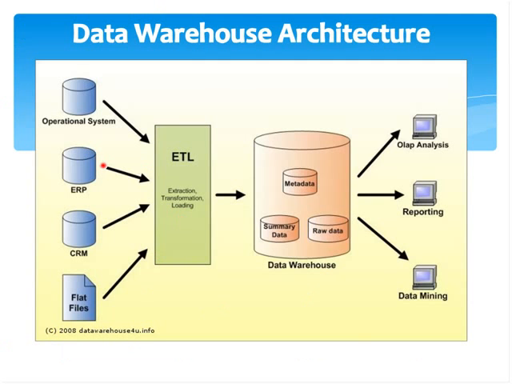So in this screenshot, you can see that the ERP system is one of the things being brought into the data warehouse for the purposes of analysis, reporting, or data mining afterwards. But you can definitely bring other things in. For instance, you can bring the CRM data. If you had an Access database with some other offline information that you haven't brought into your ERP, that can be brought over as well. Any kind of flat files, any kind of other information sitting around that you normally cut and paste into Excel spreadsheets to finalize your reports, can all be brought together